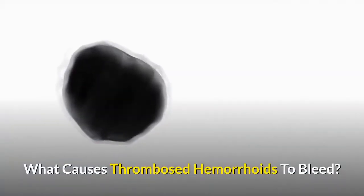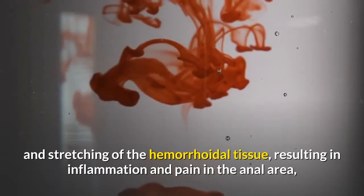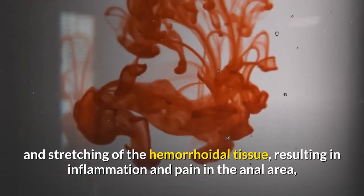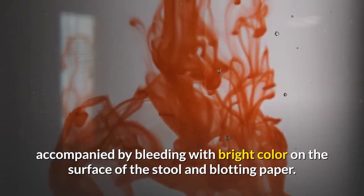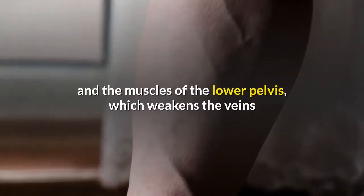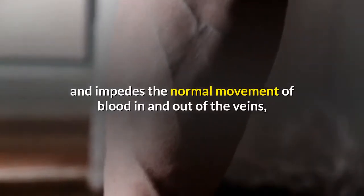What causes thrombosed hemorrhoids to bleed? Thrombosed hemorrhoids are swelling and stretching of the hemorrhoidal tissue, resulting in inflammation and pain in the anal area, accompanied by bleeding with bright color on the surface of the stool and blotting paper. Hemorrhoids are caused by intense and continuous pressure on the anal area and the muscles of the lower pelvis, which weakens the veins and impedes the normal movement of blood in and out of the veins, so blood retention leads